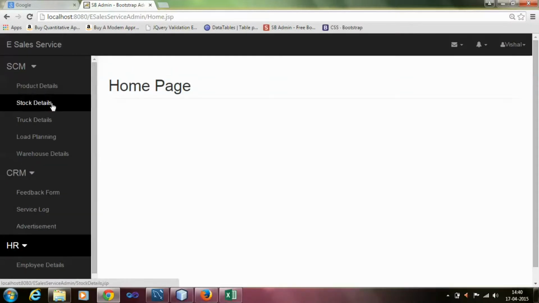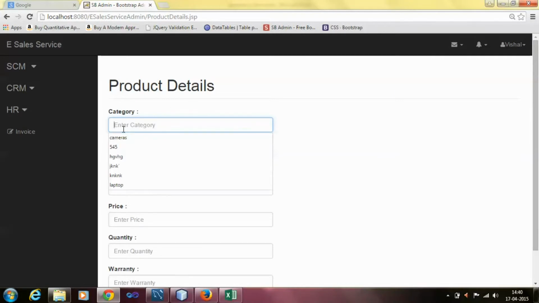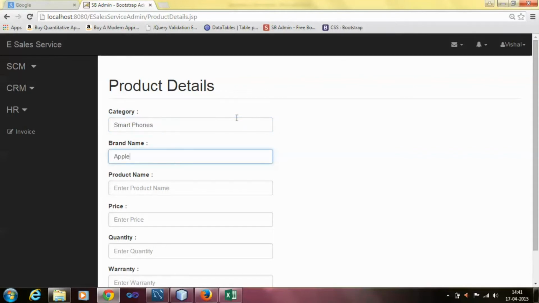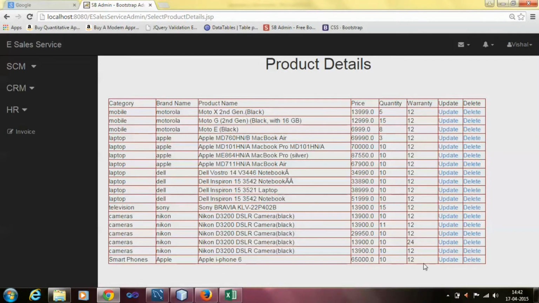This is the product details page. The details we enter about the product will be fetched in our database dynamically. And this is the user entering his product details. Now once we click the add product button, all these details will be added in our product detail table, and in